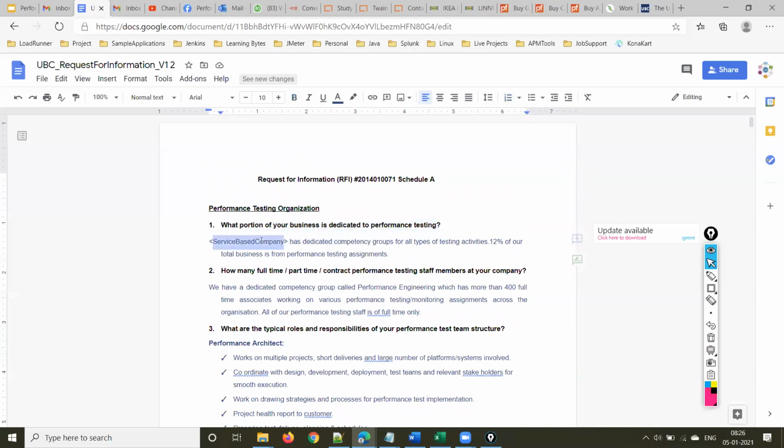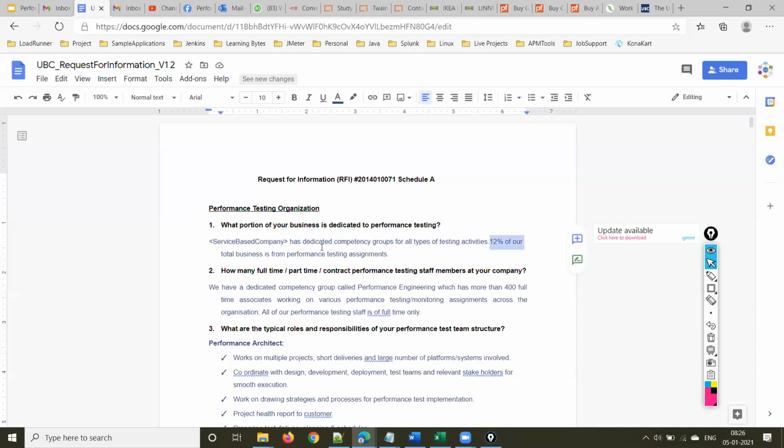I was working in a service-based company at that time, so I responded to that RFI. One of the performance testing team members can respond to the RFI. At that time I worked on that RFI, and I collected this information from our company's website and my competency.